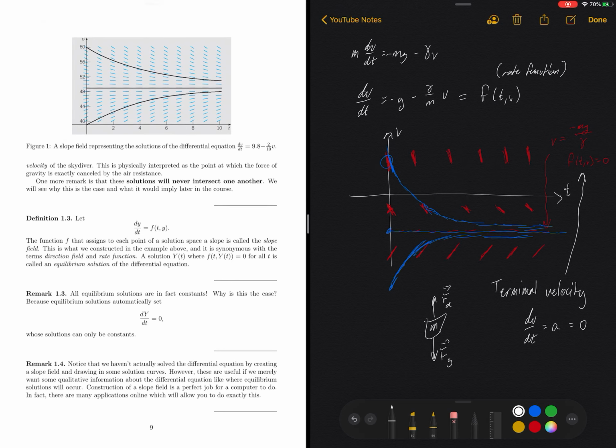But for right now, I think we should go ahead and end this video and start talking about how we can actually construct some solutions analytically, kind of like